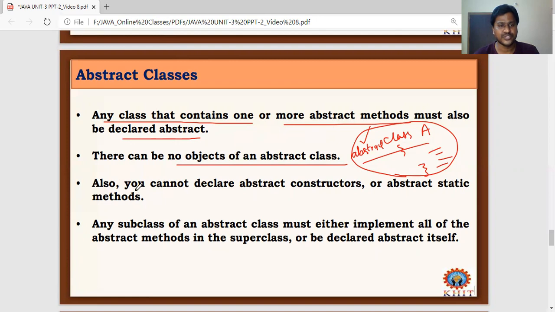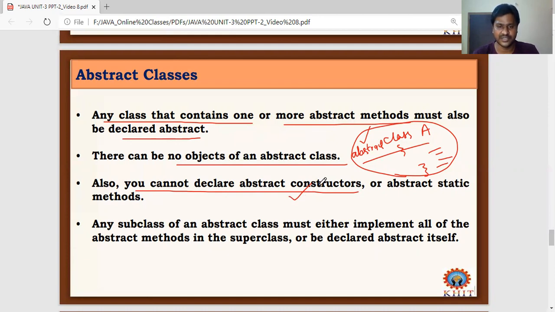Now also, you cannot declare abstract constructors. Remember this point. You can define an abstract class as well as an abstract method, but you cannot declare an abstract constructor. Remember this point for interview questions also.